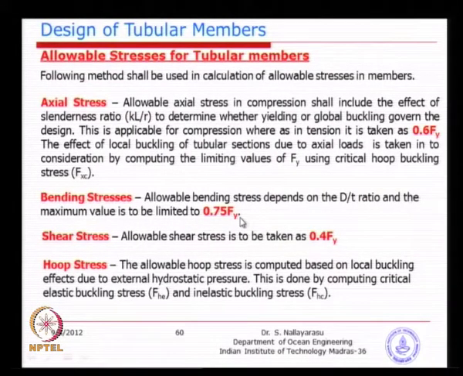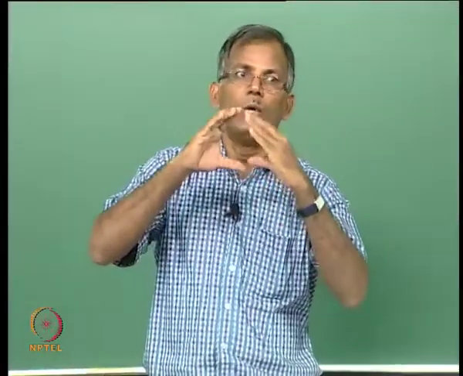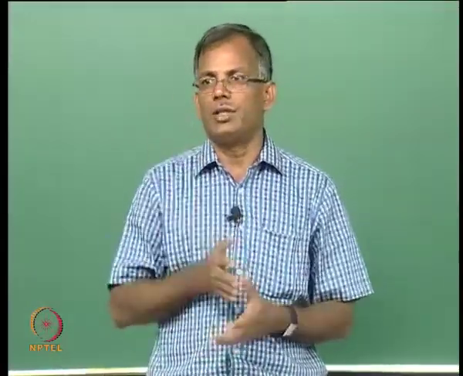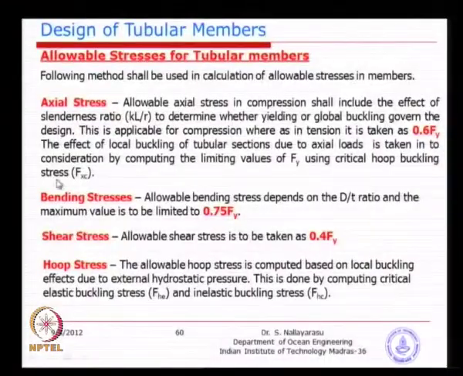Bending is also similar, only it is governed by the slenderness of the tube, basically the diameter to the wall thickness. The more slender, not in terms of length, in terms of its local effect, if the cross section is too slender, then it might actually bend easier than the other. So, the maximum is limited to 75% of the yield, but we will prorate according to the d by t ratio. The larger the d by t ratio, the lesser the allowable stress, the smaller the d by t ratio, the higher the allowable stress. So, very simple idea, there is no complication there.